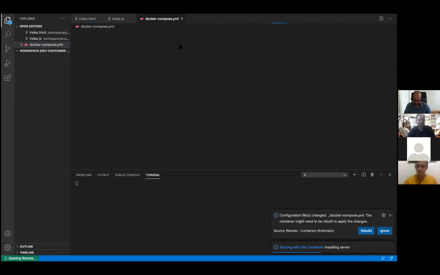Yeah, it should be relatively quick there because you're really not changing anything except exposing a port, so no rebuild necessary. Well, who would have thought extensions would take a long time to install? No, I think this is progressing a little bit better than it was. No, it's definitely going to be faster, but